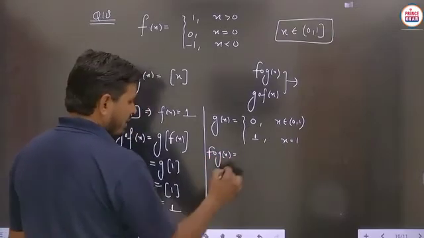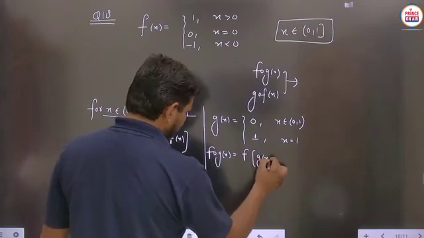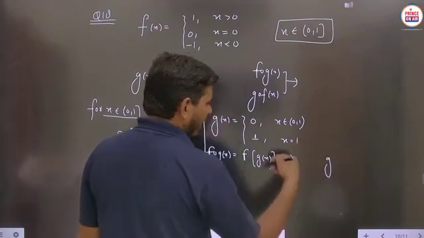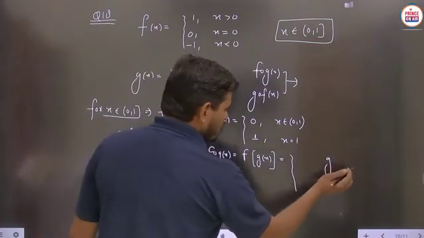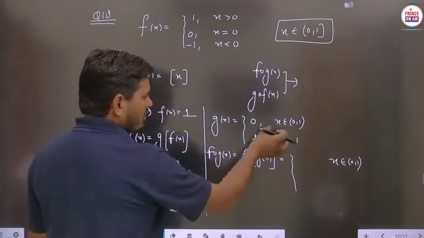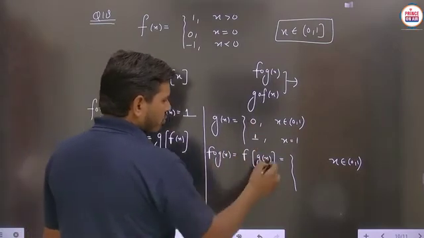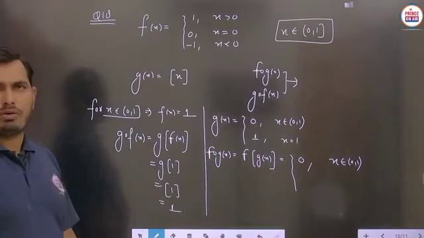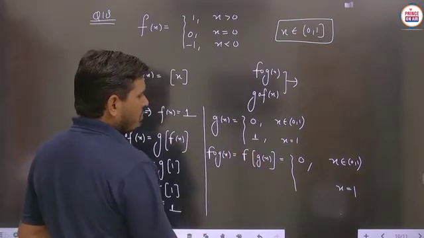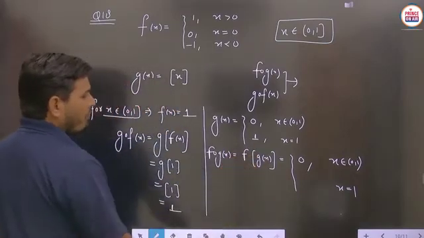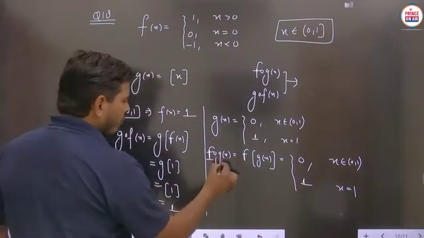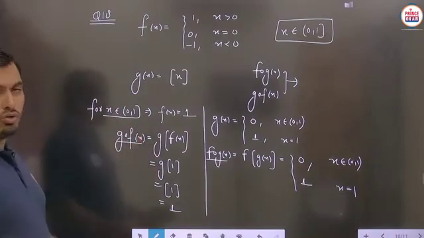Now student, we have to calculate f o g (x). So, f o g (x) will be written as f of g of x. If x belongs to 0 to 1, then g of x is 0, and f of 0 will be 0. So in this case the answer should be taken as 0. Next, suppose we take x equals 1. Then g of 1 gives f of 1, and f of 1, for the positive part, is found to be 1. So this is the answer of f o g (x) and this is the answer of g o f (x). Both answers we have to calculate.